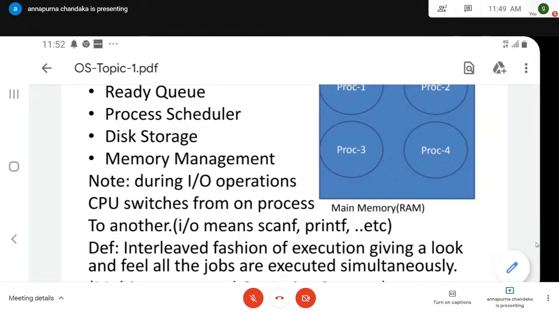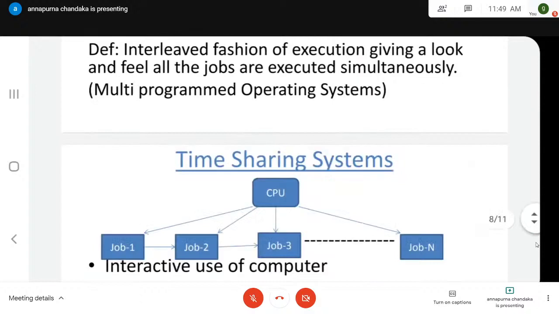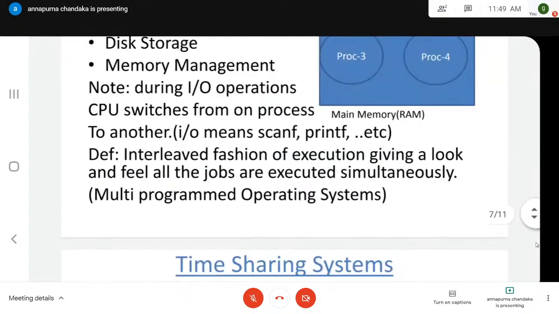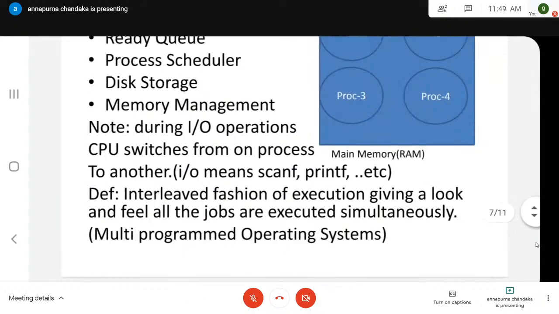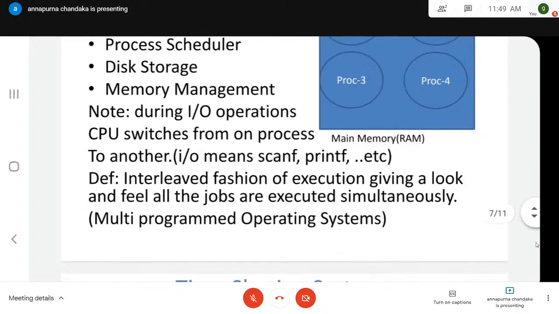In order to make this whole process, the CPU consumes a lot of time. In that time, the CPU has the capability of executing millions of instructions. Now they came up with a new concept. They identified that this kind of operating systems are called multi-programmed operating systems. Now people thought that the CPU sits idle most of the time, waiting to pick who has high priority.